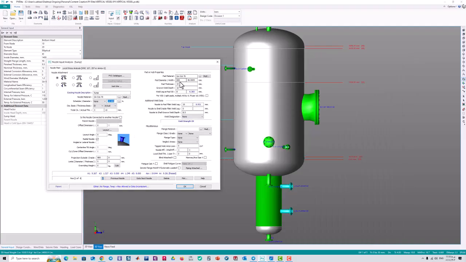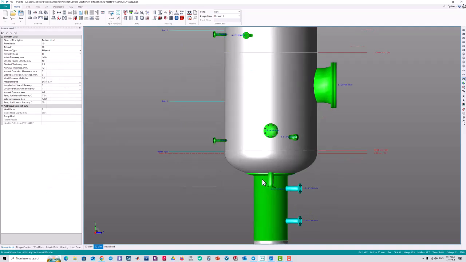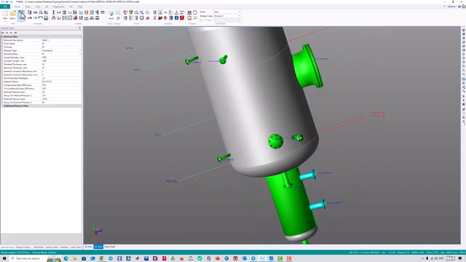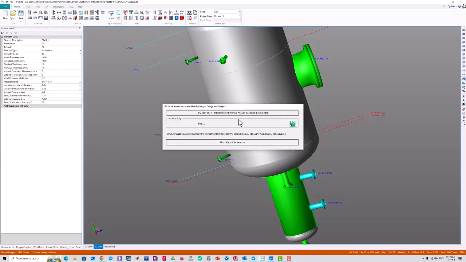Of course, PV Elite says that it doesn't need any reinforcement pad. We run an analysis for the vessel and see what type of errors we have. It says that